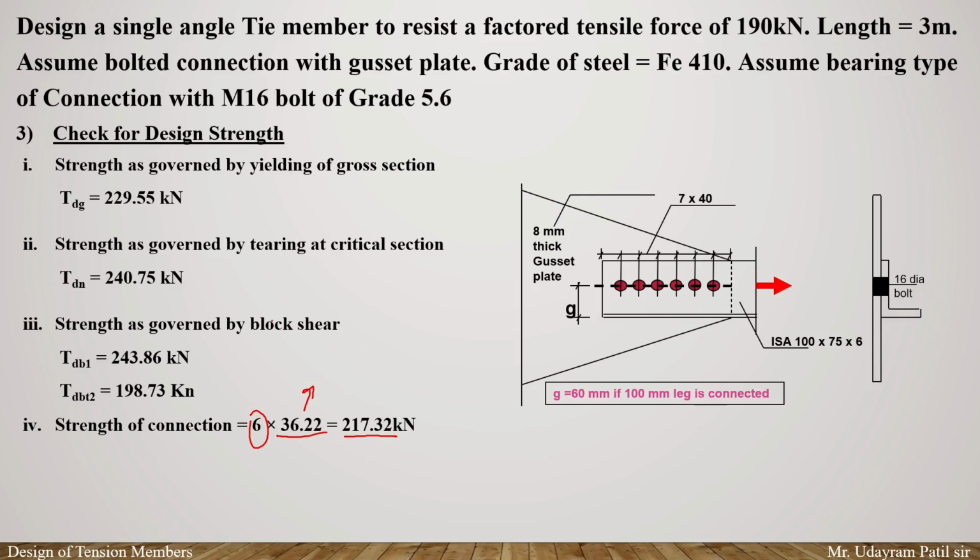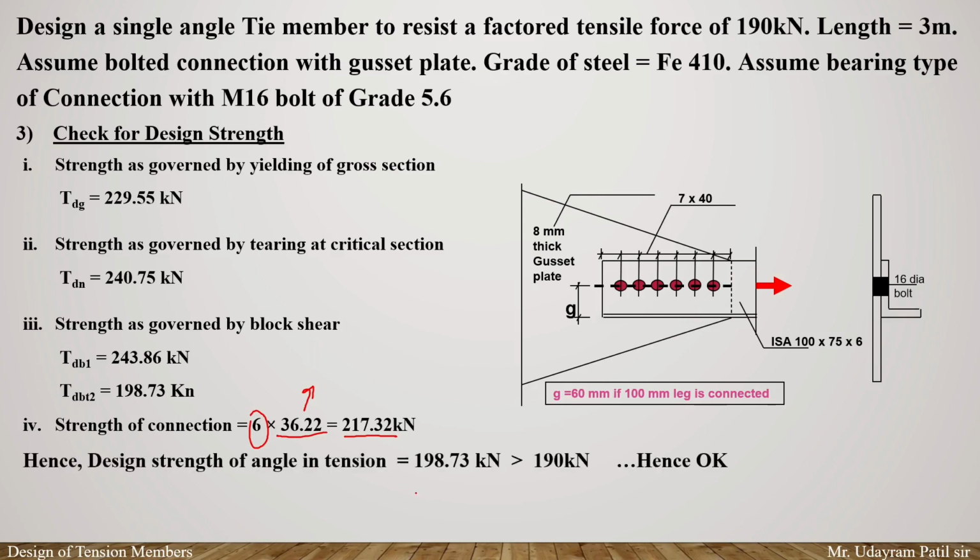So इसमें से जो minimum होगा that will be your strength. So therefore the design strength will be equals to TDB2, that is 198.73. So obviously it is greater than 190. Therefore we can say that our particular section is okay or safe for our design, जो है आपकी वो है safe in the limit state of